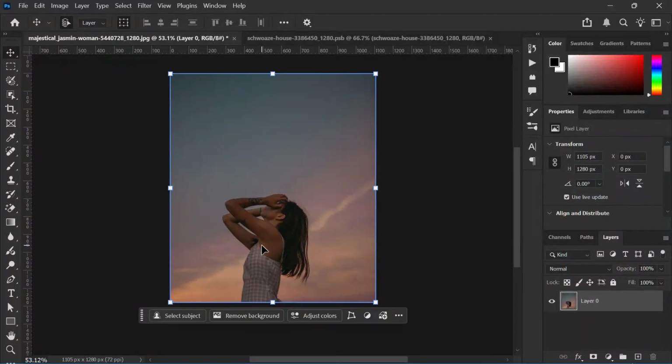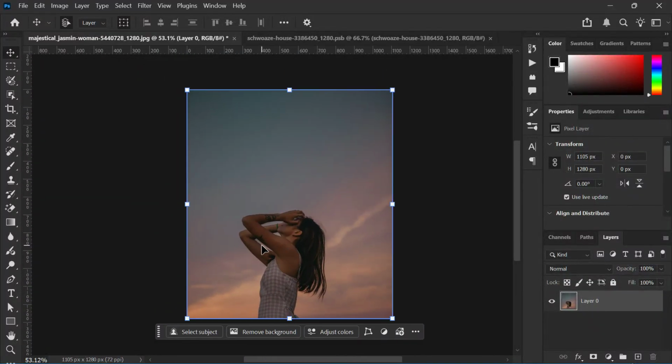In today's video, I'm going to show you exactly how to Photoshop someone into a picture so it looks natural and realistic, even if you're a complete beginner. This is one of the most useful skills you can learn in Photoshop, whether you're creating thumbnails, social media edits, or just having fun with images. I'll walk you through everything step by step, from cutting out your subject to blending them perfectly into a new